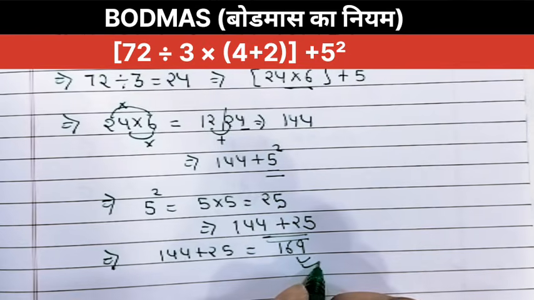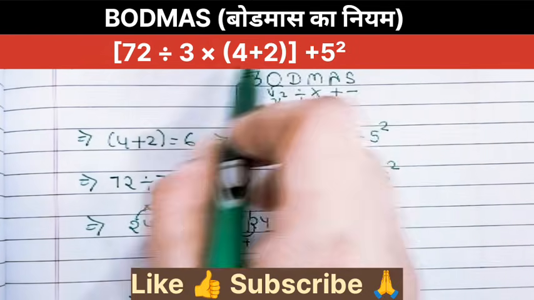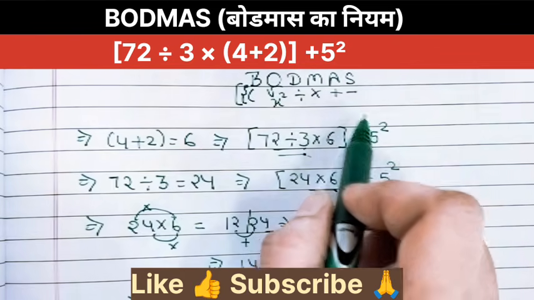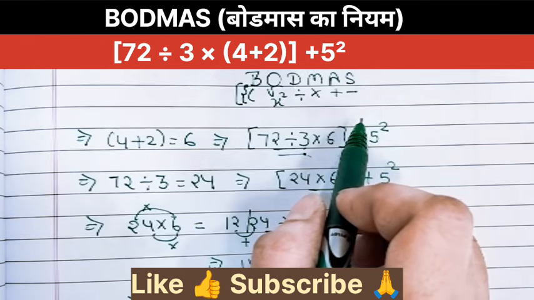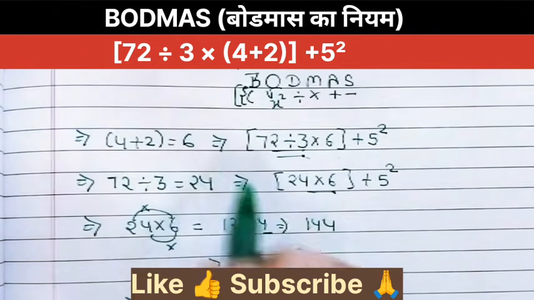This is the final result. So according to this expression, the conclusion is: by systematically prioritizing brackets, left to right rule for division and multiplication, and evaluating the exponents before adding, the expression accurately simplifies step by step to 169.